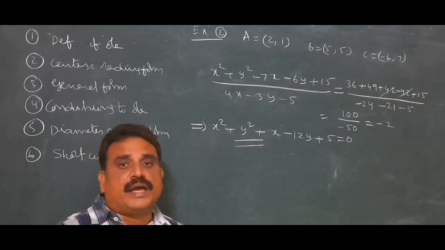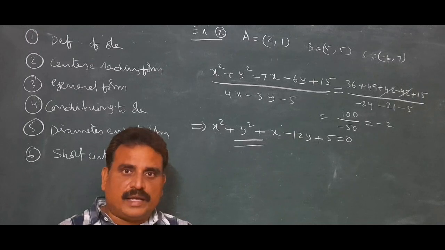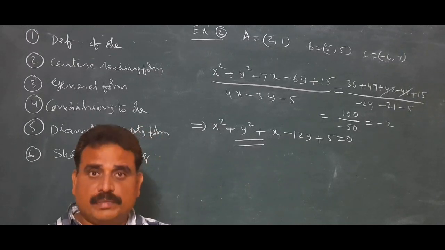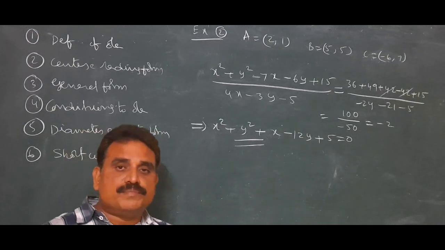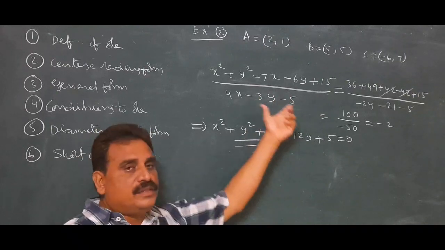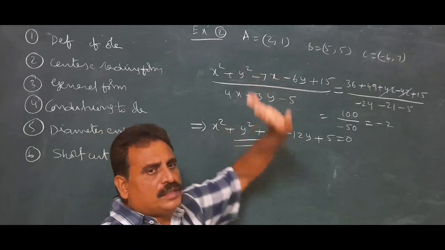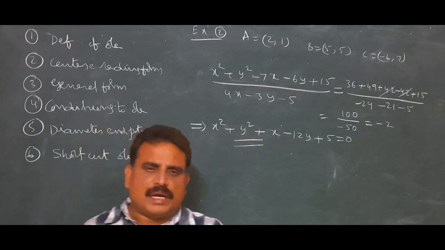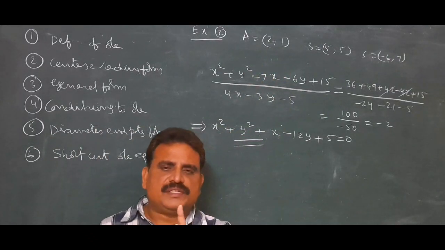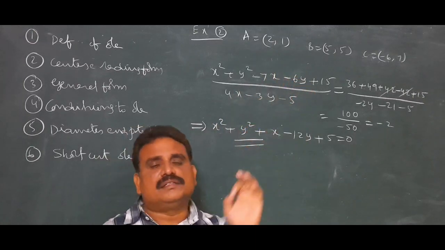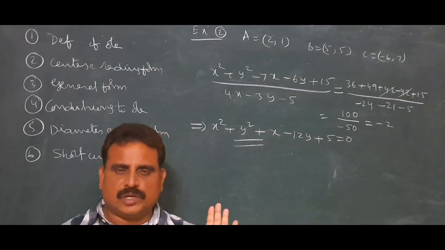The same circle, actually that was a very lengthy method, whereas from an objective point of view, we can write directly this way. So there is another method in the objective approach, that is by observing the options, whichever option satisfies these 3 points is the right answer. Okay, my dear friends.